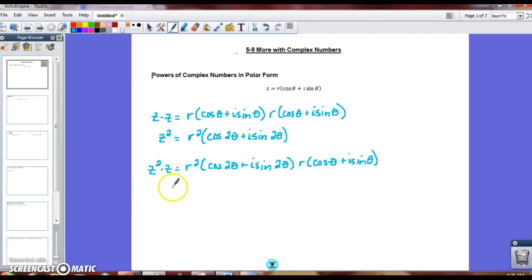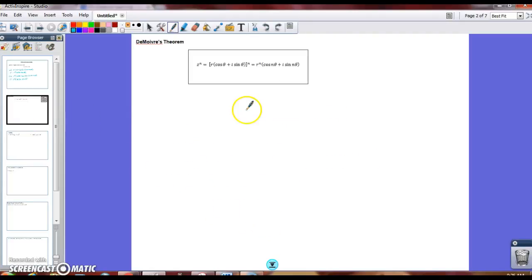And again, if I follow the rules of multiplying complex numbers together, on the left I have z cubed, and on the right r squared times r gives me r cubed, and I add my thetas together. So 2 theta plus theta gives me 3 theta. And so I can keep doing this over and over again,